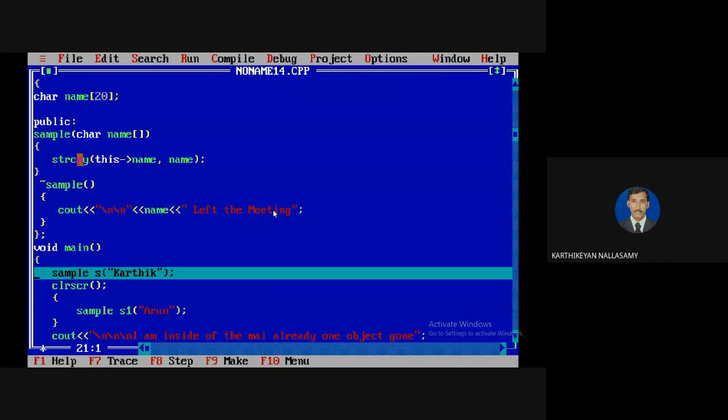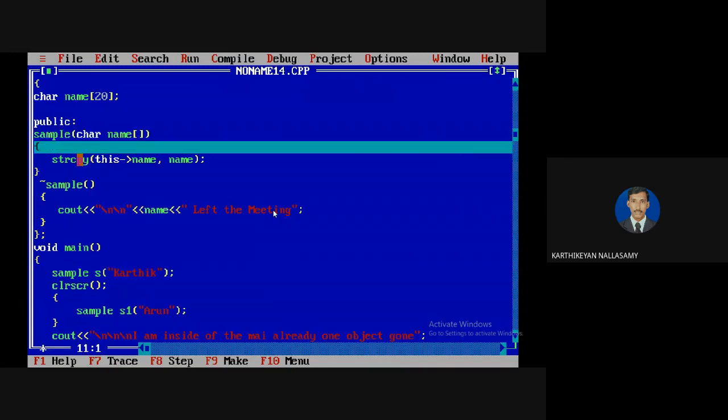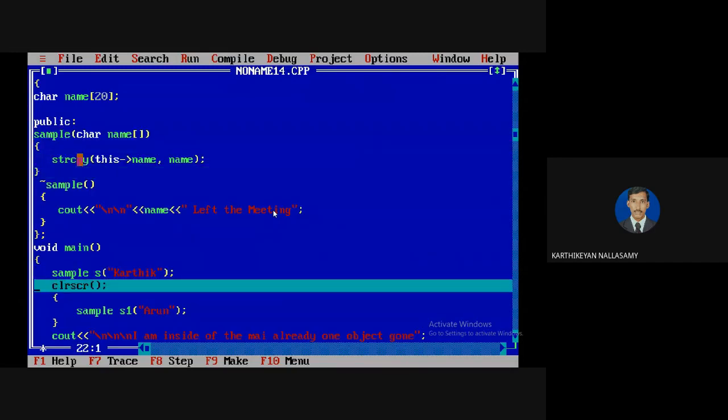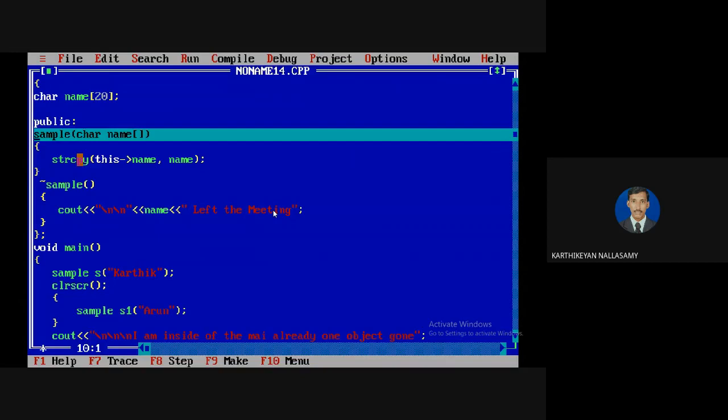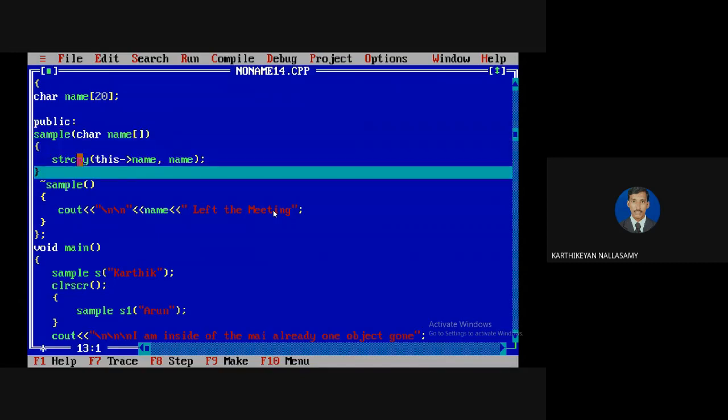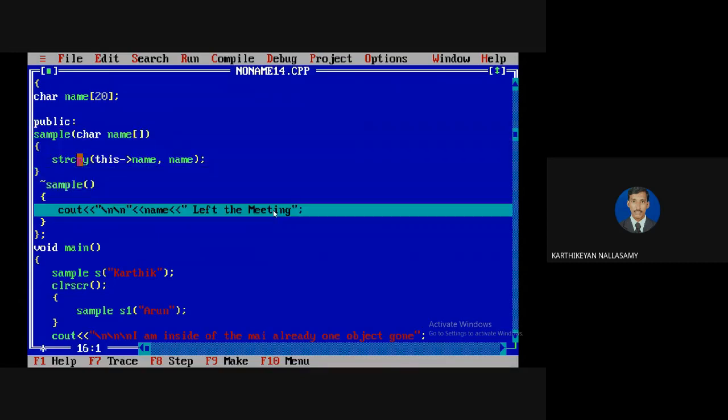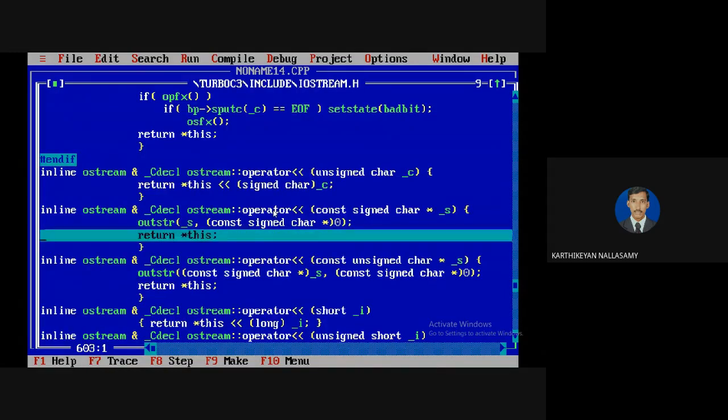Normally when an object is created, the constructor will be invoked. So it calls the parameterized constructor to assign the value to a data member. Then here, with the curly brace we are defining the scope, so the object S1 will be allowed only within this curly brace. Once it reaches the end of the curly brace, the scope comes to an end. Then immediately it will call the destructor because the curly brace is reached. See that it's very easy to understand.